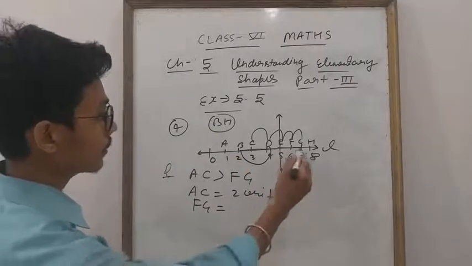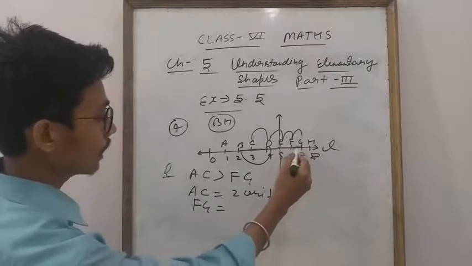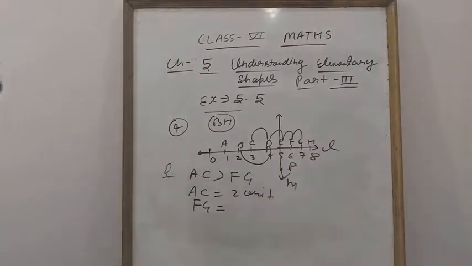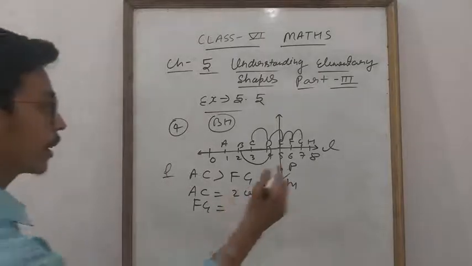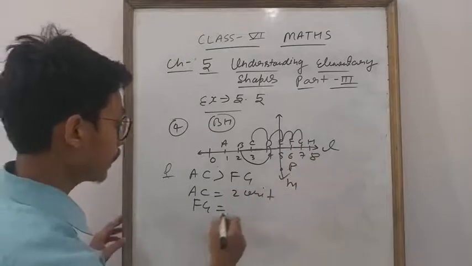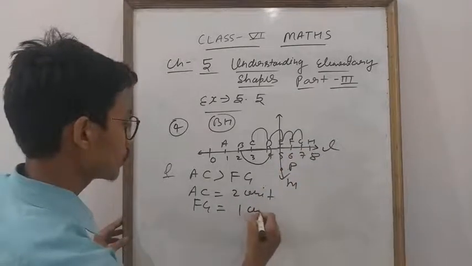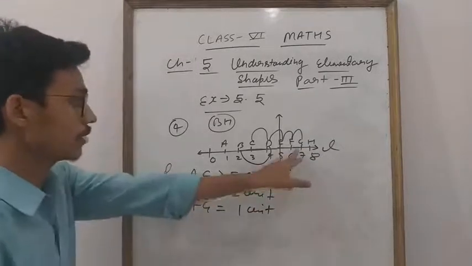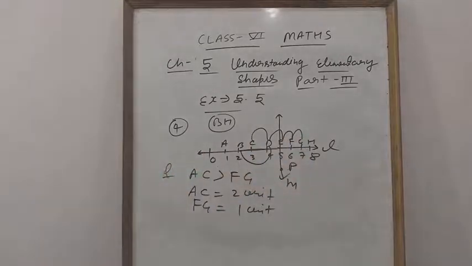FG find out student FG. FG here. देखिए FG. F to G, G to H. अब बताइए F to G, G to H. What it is given? F to G. अब देखिए F to G it is given what? 1 unit. Because F to G, देखो ध्यान से F to G when you will move F to G, it will come only 1 unit.